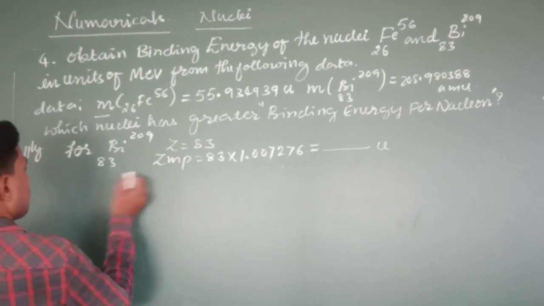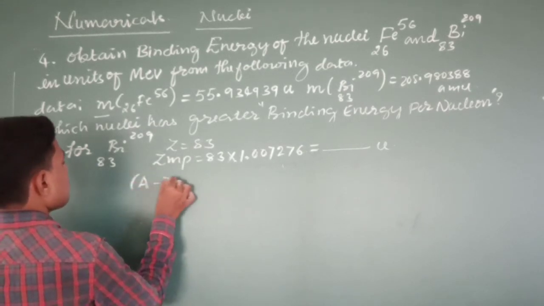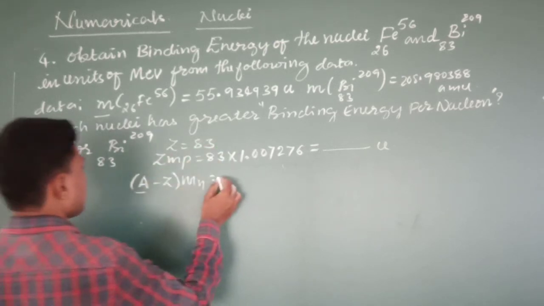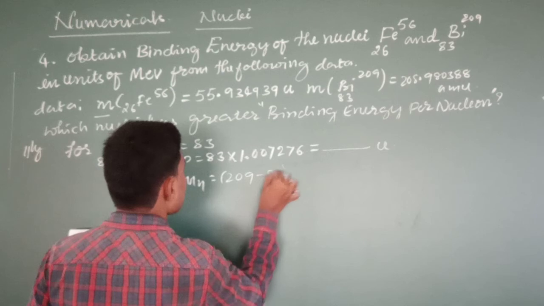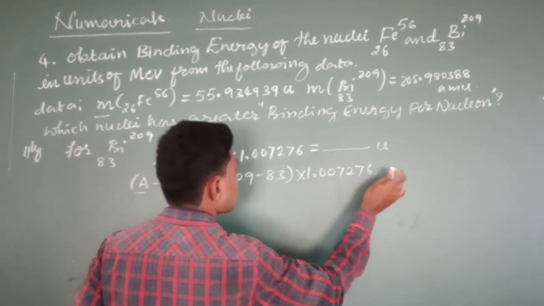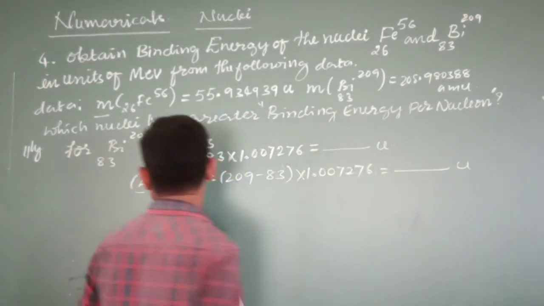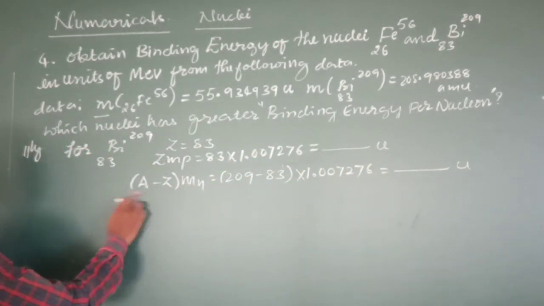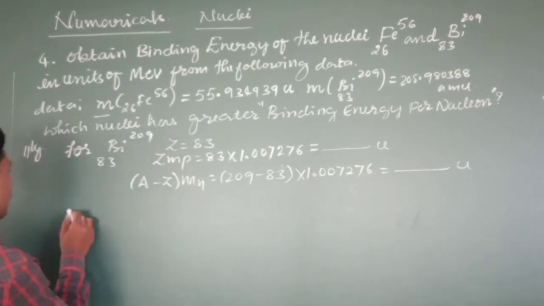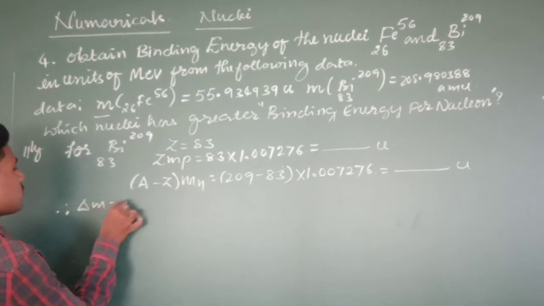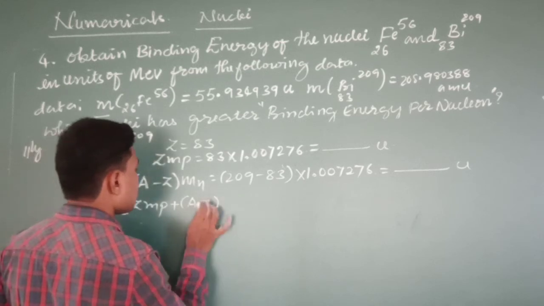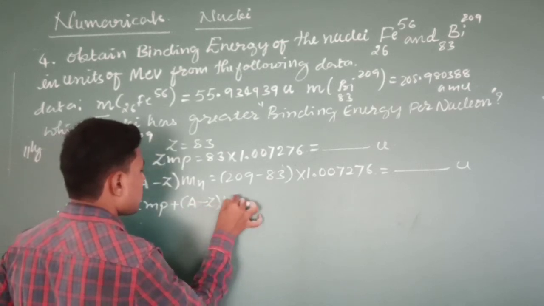And in the same way, A minus Z into Mn. What is A? 209. 209 minus 83 into 1.007276. You calculate the total mass of neutrons, A minus Z number of neutrons in atomic mass unit. Therefore, mass defect is equal to ZMP plus A minus Z into Mn,